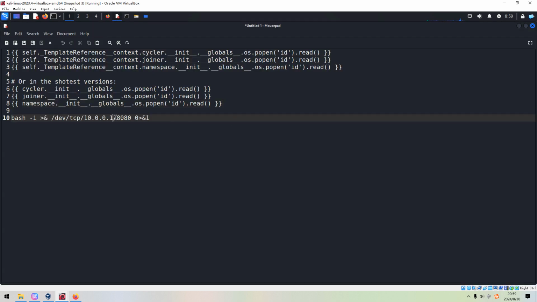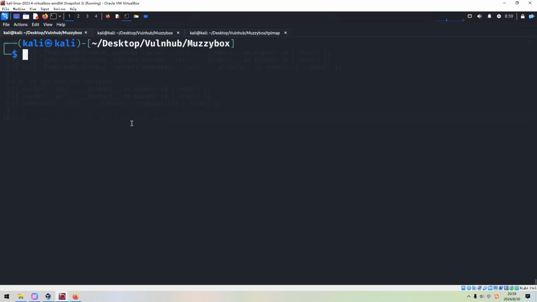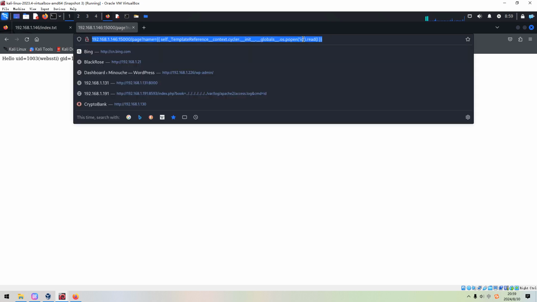We need to do some modification: the IP address of the Kali Linux, and also the port number. I can copy. Make sure we have already set up the listener on the Kali Linux. Okay, so we can use sudo. And now we can replace the id command with the reverse shell command.